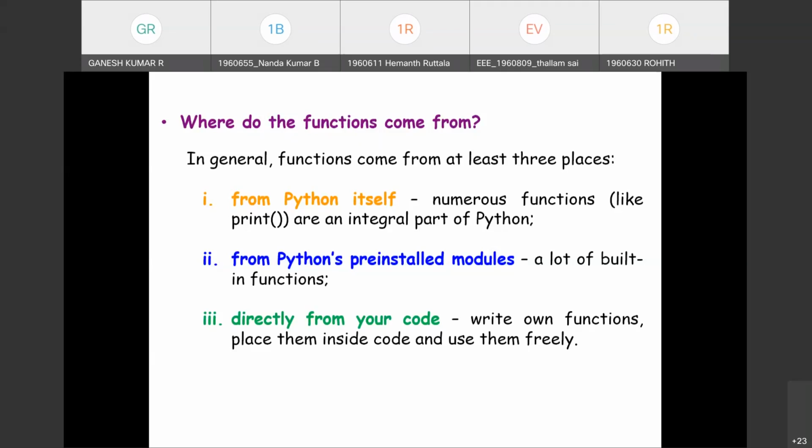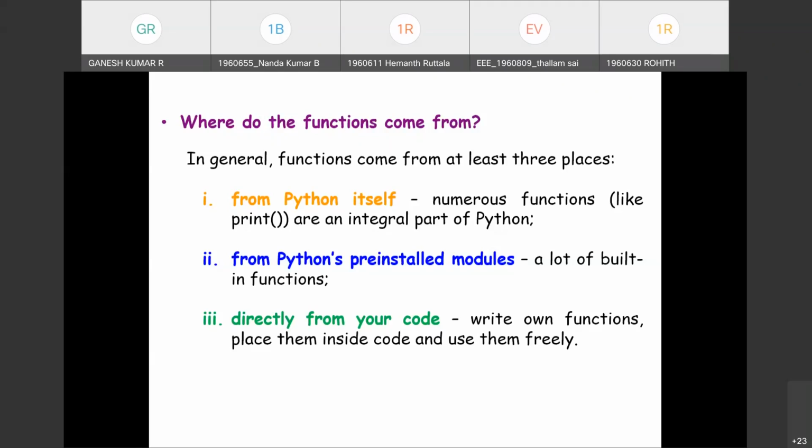So functions have three categories. One, inbuilt functions come from Python itself. Second, with the add-on facility, new modules, pre-installed modules, and built-in functions are developed and associated whenever updates are released. The third option is the user or permitted programmer can write their own functions, place them inside the code and use them as per the application's requirement.